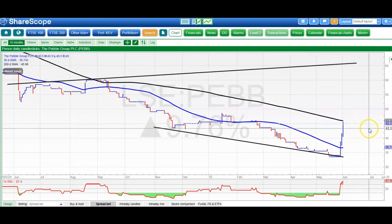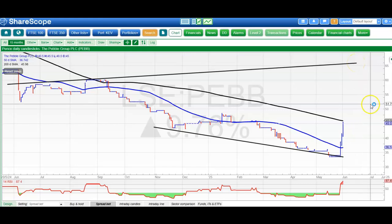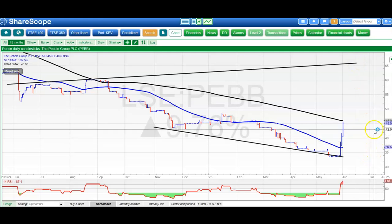Current situation is that we're looking for progress within a broadening triangle there from June last year, and looking for 66 pence perhaps as soon as the end of this month. Ideally, we stay above the old support there from December at 42 pence on an end of day close basis